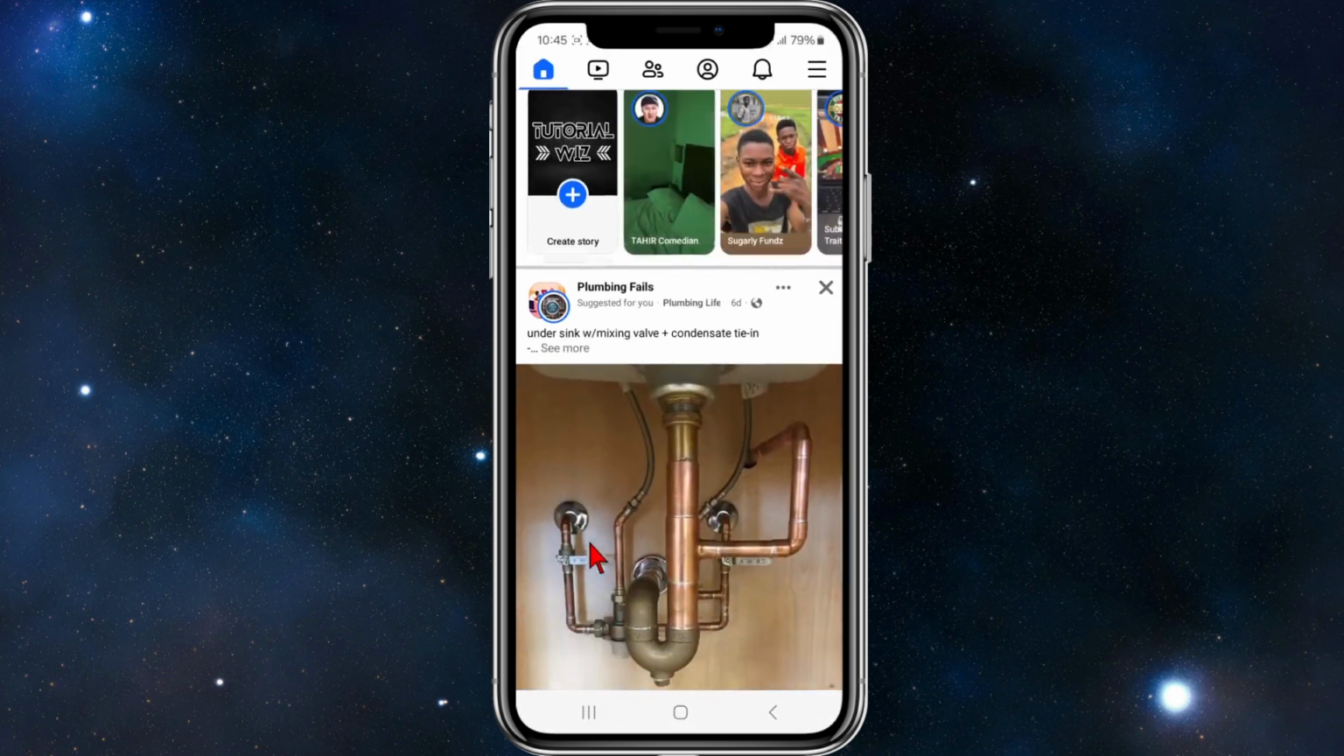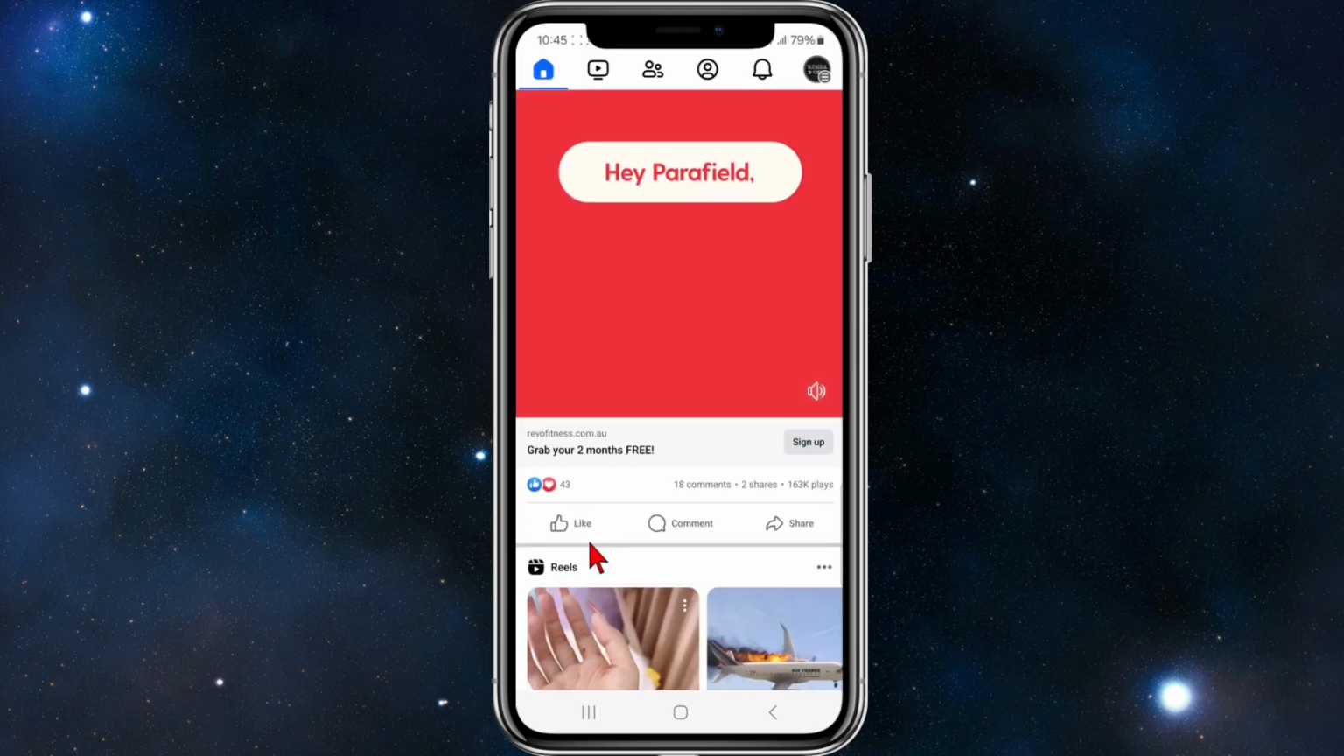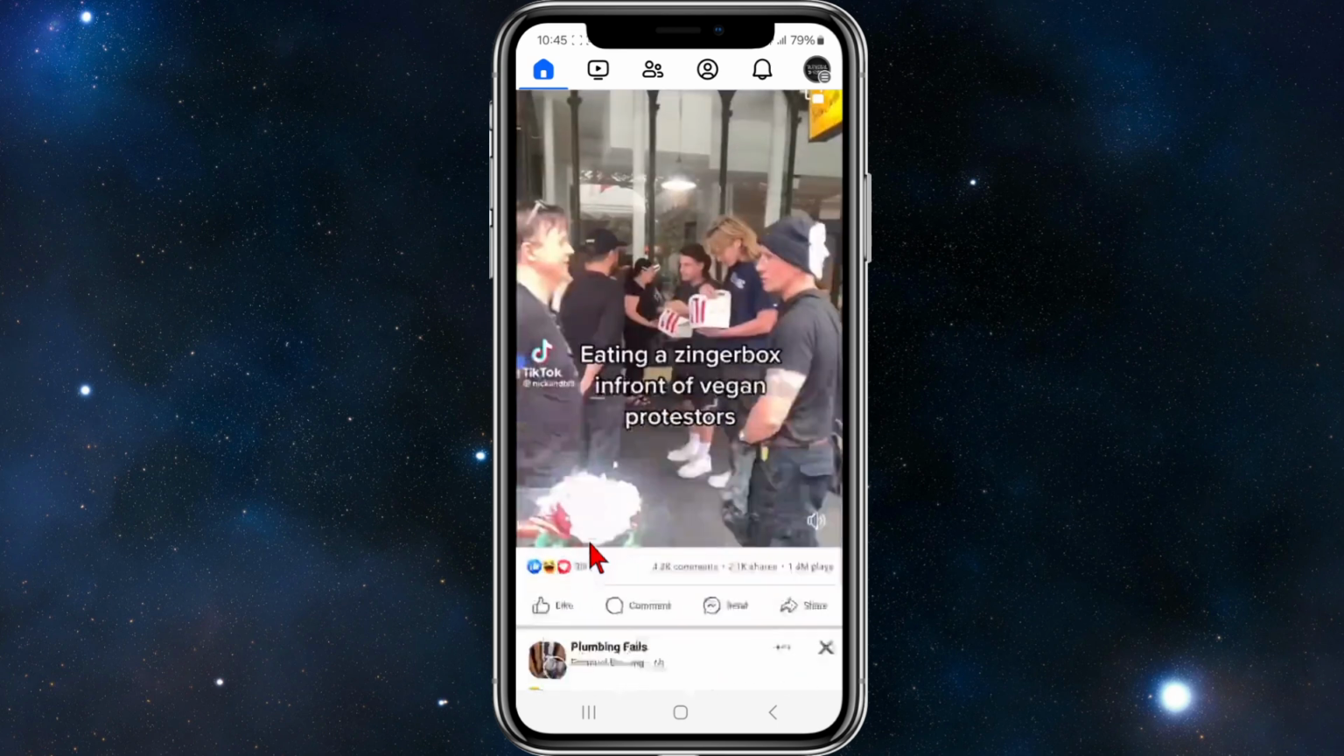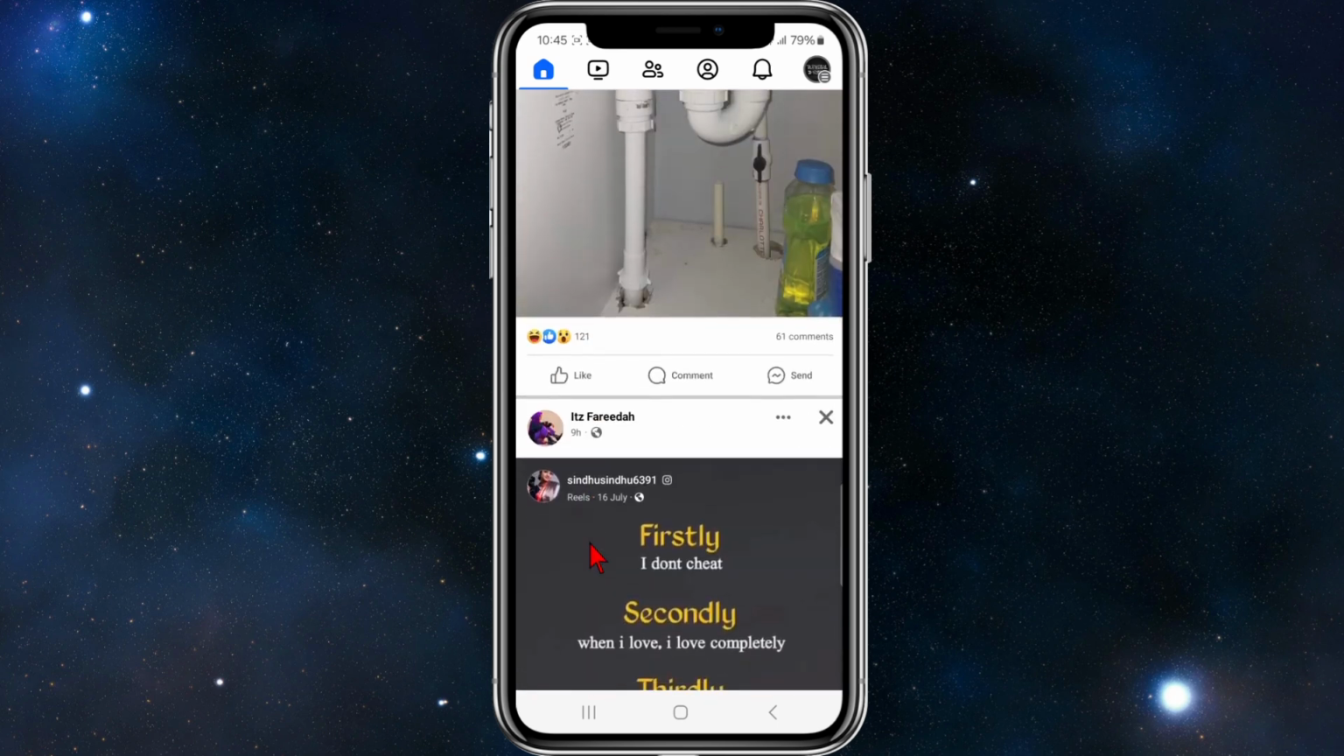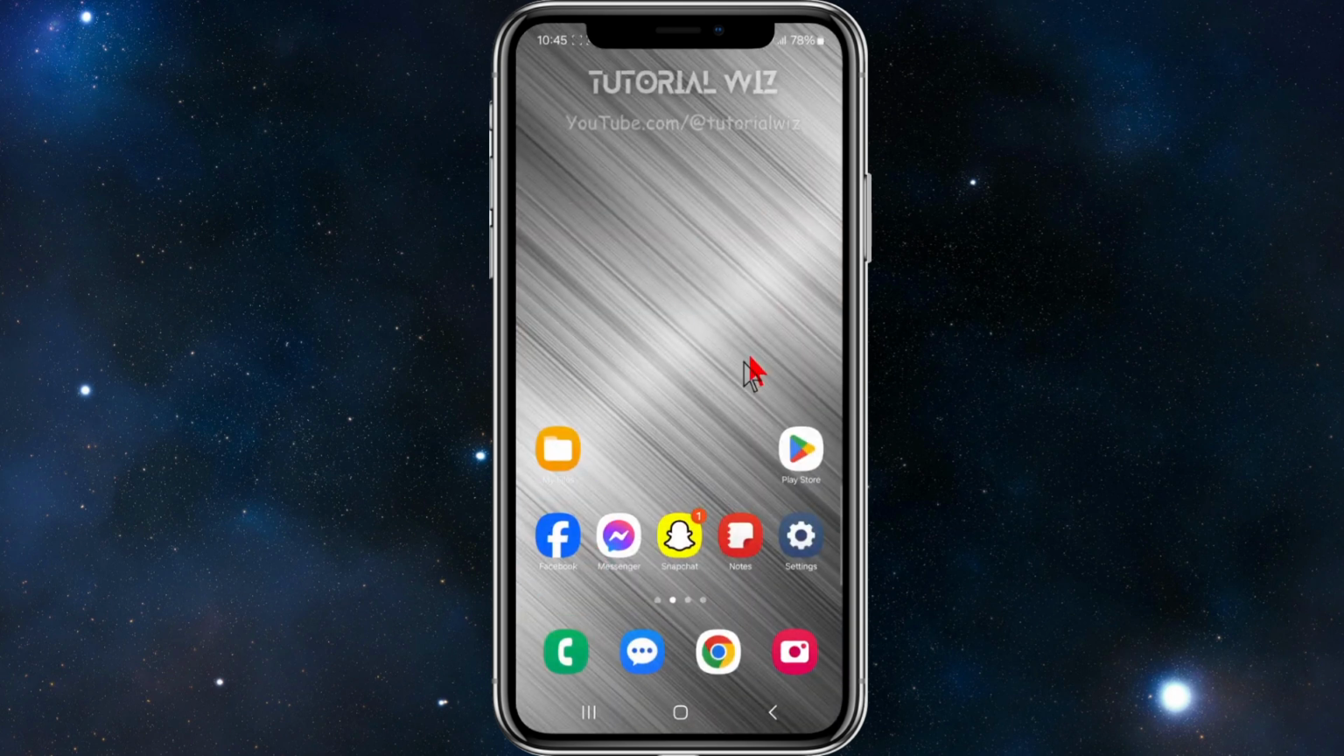Alright, if I open up my Facebook app, you can see my font size is quite small. It's scrolling down like so. So now in order to change this, you can't directly do this using the Facebook app itself, but there's a workaround in doing this. So what we first need to do is to head back to the main screen, and